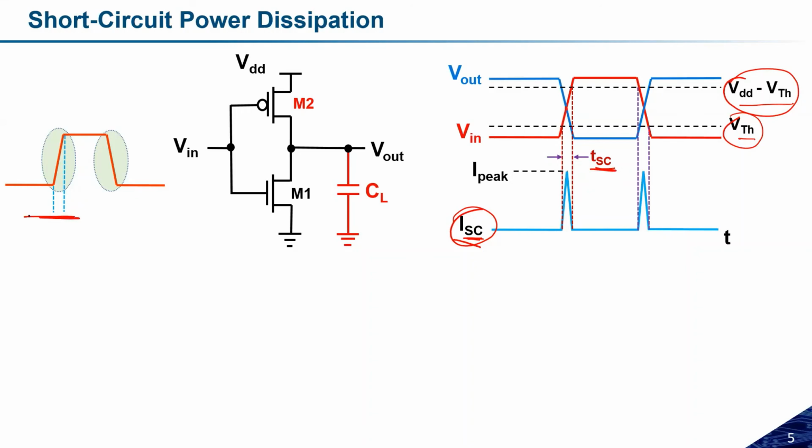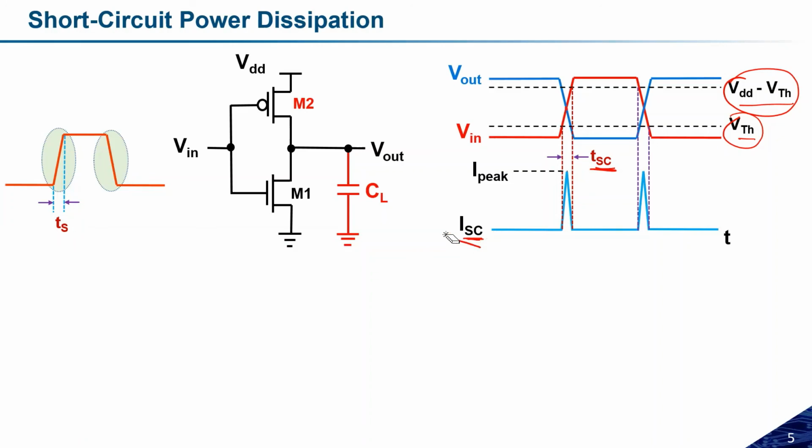But in the left diagram, the time from 0 to 1 we call TS. TS is the transition time from 0 to 100%. This transition time depends on the rise time and the fall time. If the slope is less or higher, this transition time will change. So if I change the rise time or the fall time, this TS will also change. TS is the transition time between 0 and 100% value.